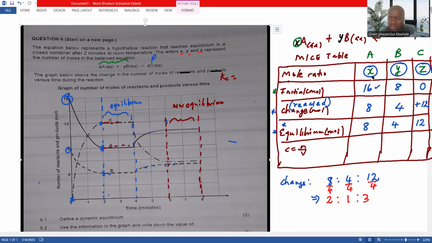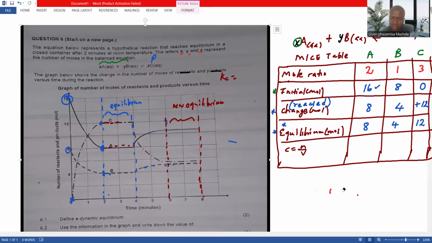If we put these values here as 2, 1, and 3, we need to confirm that those are the correct answers. Remember, in order to deal with this, if you know any value under change, let's assume we do not know, then you create a scale. You do this. You take your change value,